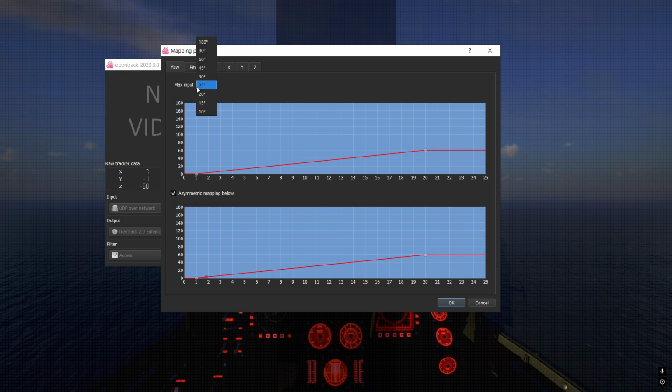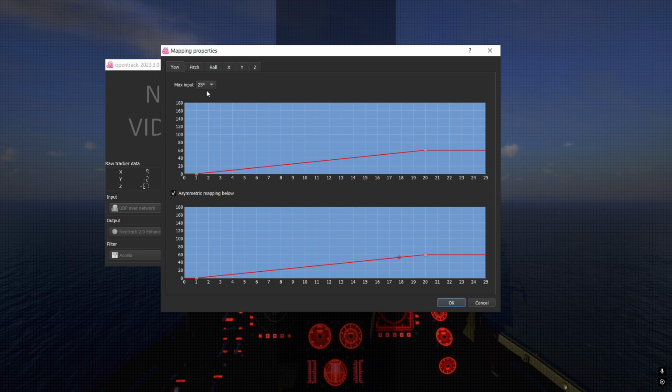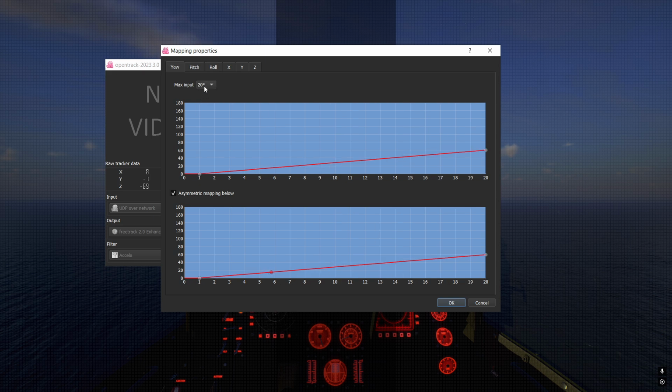This does matter. Max input. You'll want to do this on your own, but my max input could be, let's see, 30, but I'm going to bring it down to 25 because I want to be able to see with my glasses. So like right there, yeah, about 20, 25. I keep it 25. Actually, bring it down to 20. Yeah, well, that's just a flat curve. Okay, anyways,